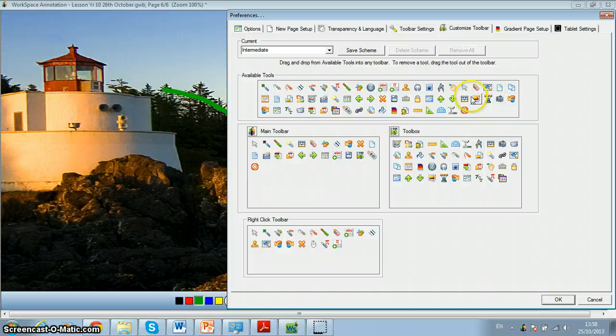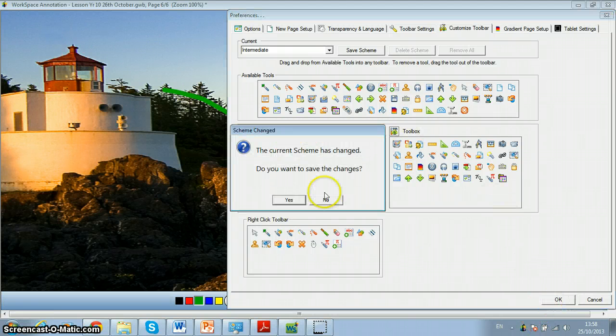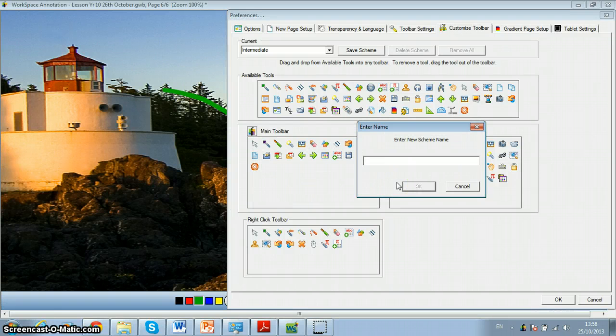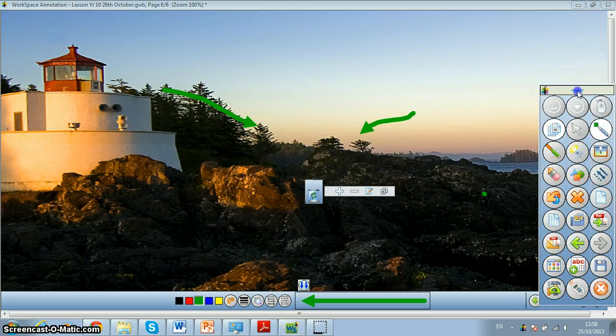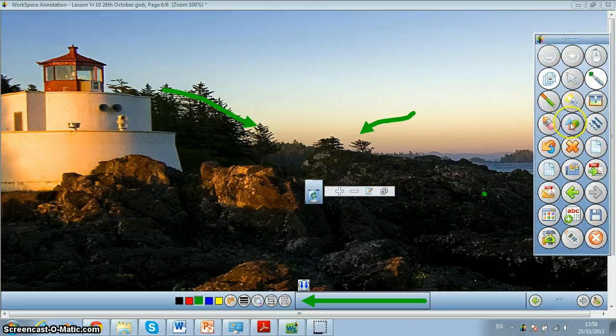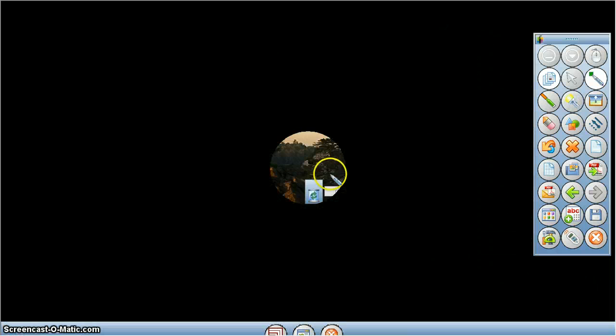Obviously you can add as many or as few as you want, so I'm going to stick with that, and you get the basic idea. And then I press OK. Do I want to change? Yes, I do want to change. So the new scheme is marks, and there we go. I've got my big new toolbar now with my new buttons on, the spotlight,